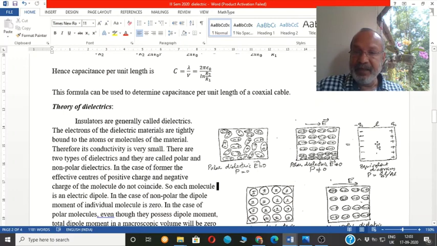And here in this diagram, you can see there are negative charges on one side and positive charges on the other side. And these charges are called induced charges or bound charges, Q bound. So QB and minus QB, that is the effect of an electric field on a dielectric. Now, how are we getting this negative charge on one side and positive charge on the other side when a substance is polarized? That can be explained in this way.